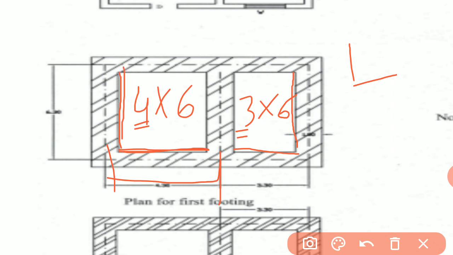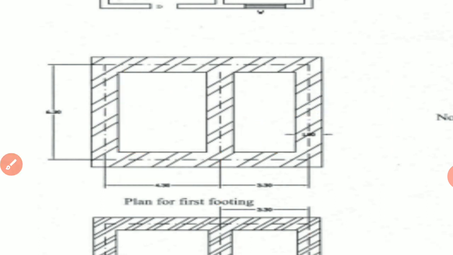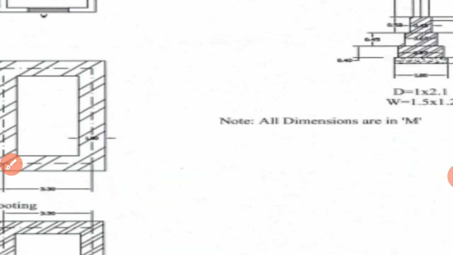Then we will calculate the center to center distance. For calculation of center to center distance we are supposed to add up the wall thickness. Clear? So we are going to add the thickness of the wall or the thickness of the item of work. So what does item of work mean? If we are going to start our work with excavation, how much width are we supposed to excavate.